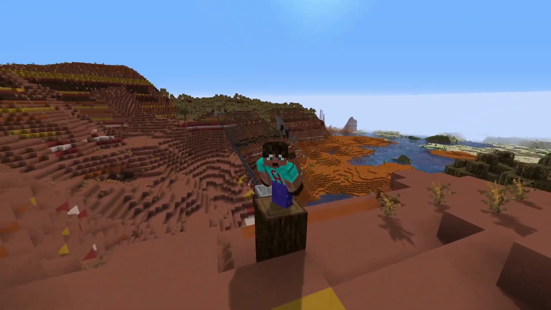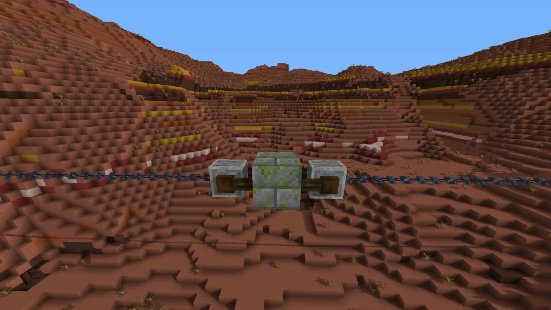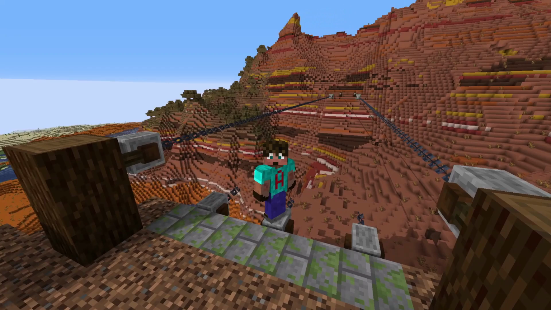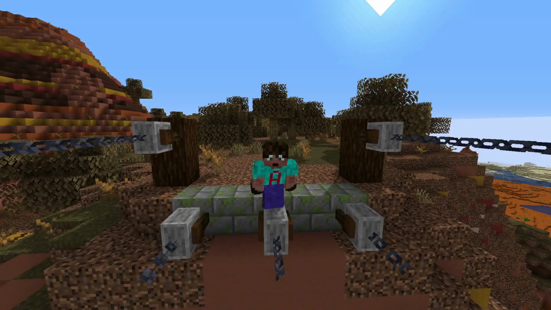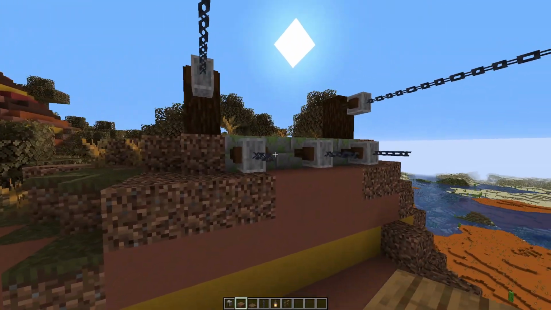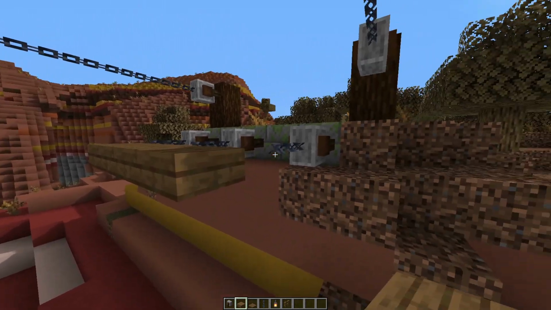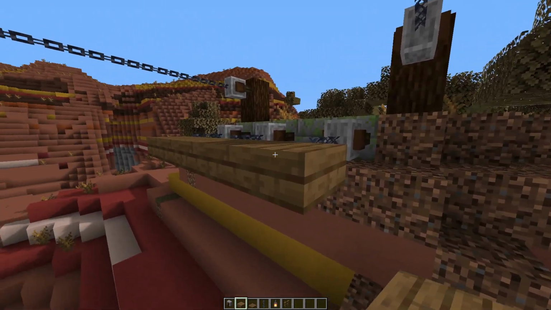So we are stretched all the way across this gap. At the halfway point, I've created another fixing. I've duplicated that on the other side as well. And this bridge is made entirely out of chains, slabs and trapdoors. And the way this is going to work is we're going to place a slab on the bottom part of that chain. If you target the bottom part of the chain with your crosshair, it will go down like that,